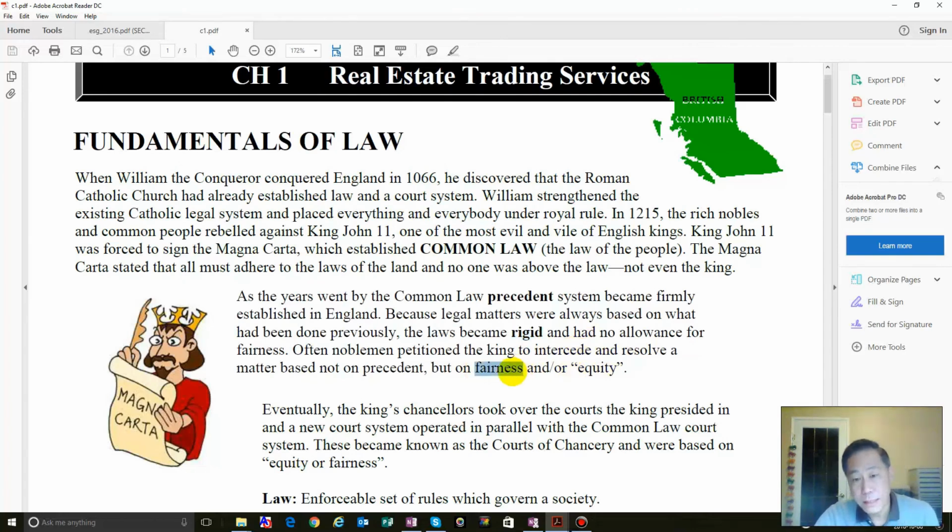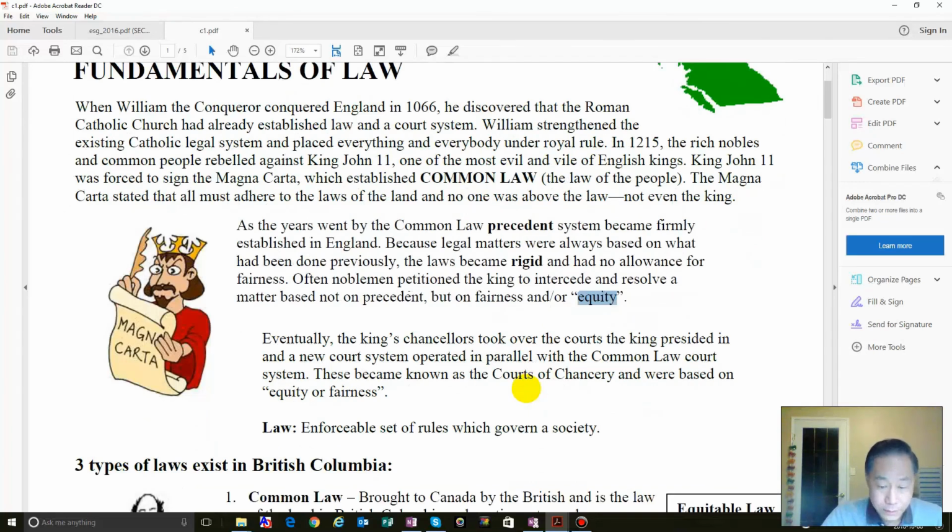To correct these kinds of injustices or unfairness, people started directly petitioning the king. We had something similar during the Joseon dynasty in Korea, didn't we? Wasn't it called the Sinmungo? This refers to directly submitting petitions to the king, hoping for relief or leniency. As these kinds of situations kept occurring, the concept of equity eventually emerged. That's how the concept of equity law came about. So to summarize and explain after studying this,